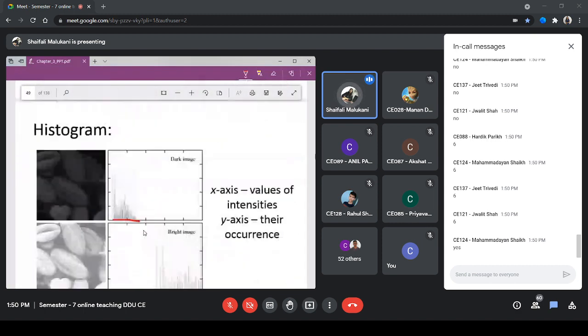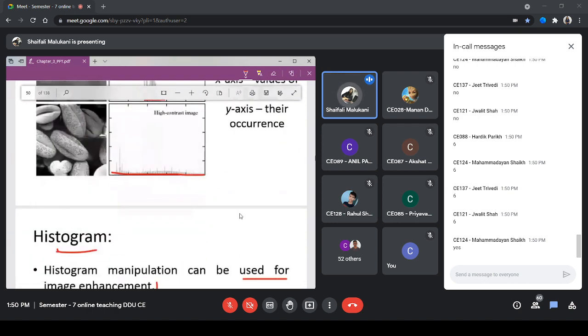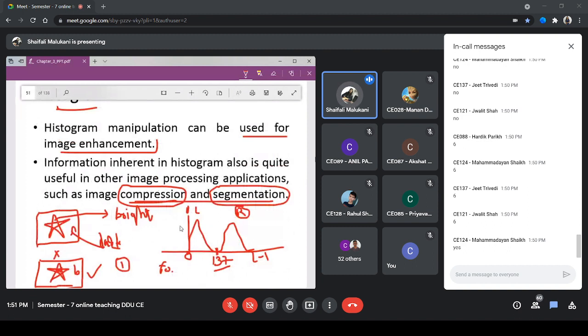From that you can see that if this much is sufficient, there is no need to use this huge or long range. So that is how it is useful in compression: look at how many values are occurring, and based on that, you can compress. Those are the applications. So much information you can get from the histogram. From now onwards, without the histogram many of the operations we will not be able to do, as the conclusions or what we call intuitions for the operations we will get from this.